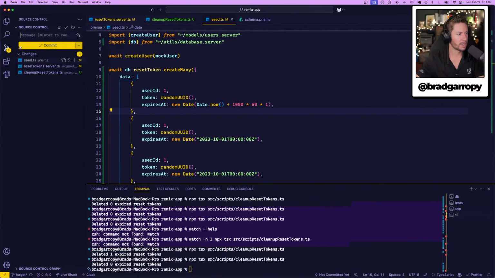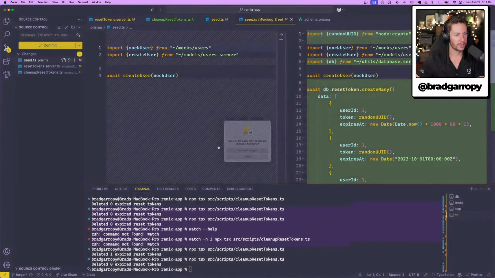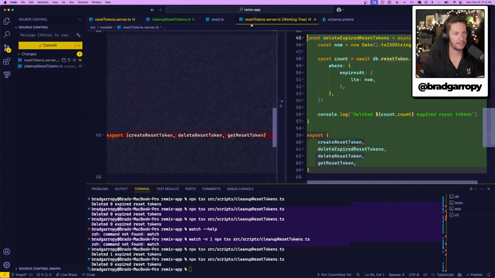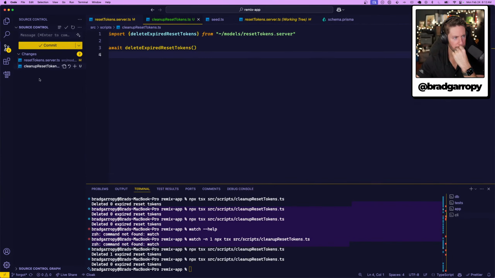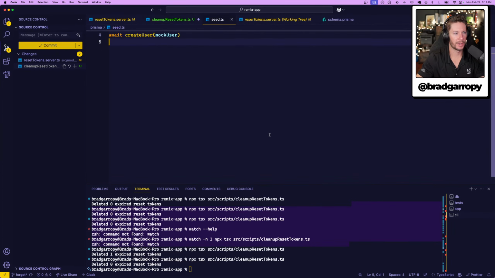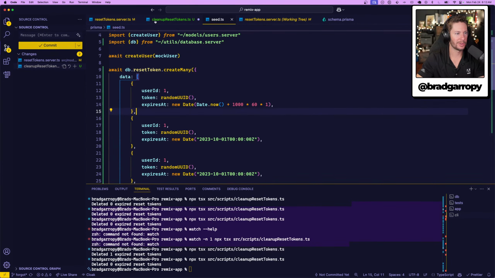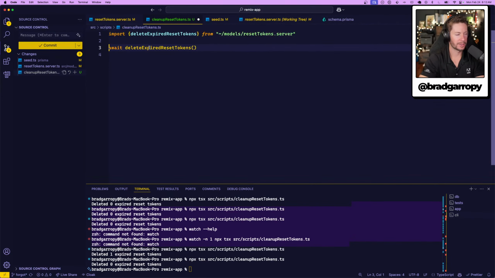Okay, so this is all working. We can get rid of the changes to the seed. I don't want to seed reset tokens. What do we want to call? Ah, shoot. You know what? I kind of wanted the changes to this seed. So we can work on this script a little bit. So const count